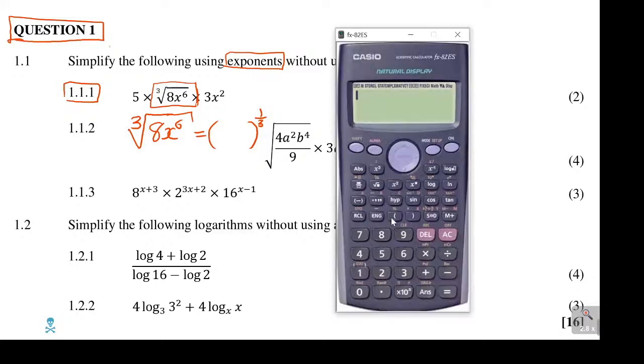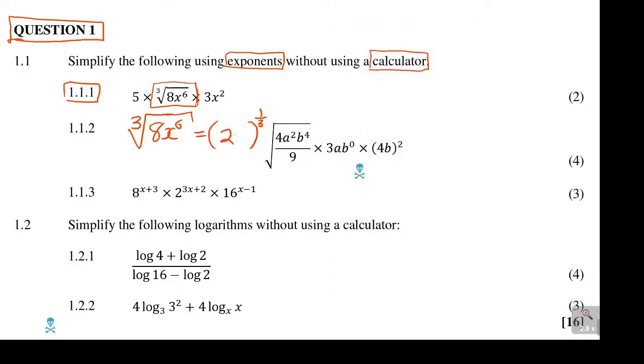Now 8 is the same as 2 to the power of 3. So what I do here, I will have 2 to the power of 3, x to the power of 6. That's what I'll be having. So if that is the case, I can then move on to simplify this problem as equal to 5 times, and then I've got (2 to the power of 3 x to the power of 6)